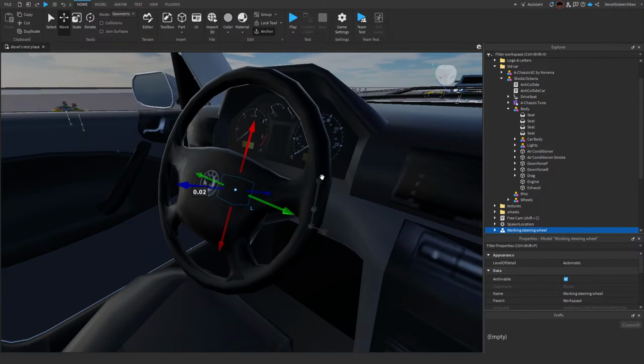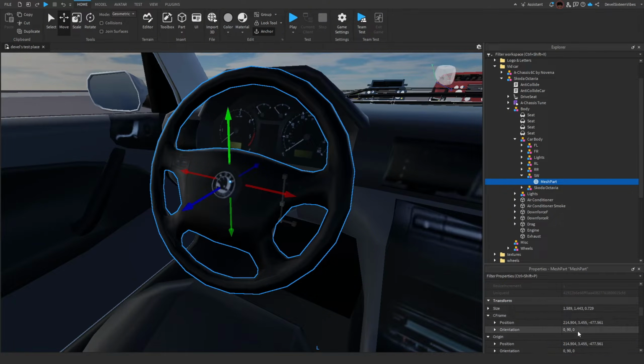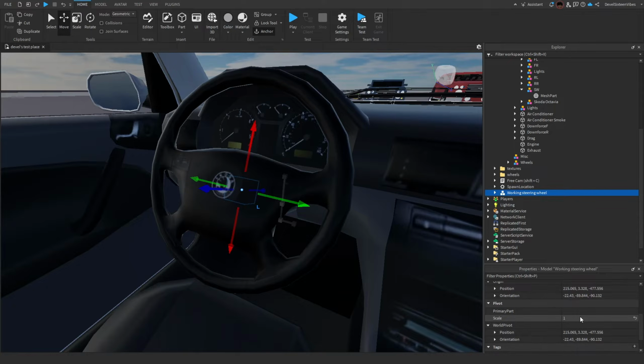If you do want to make it easier, you can just select the steering wheel, and then you can scroll down underneath properties, and then it should be right here where it says C frame, and then just go to position, and then click once on these coordinates and press Ctrl C, and then go back to your working steering wheel model,